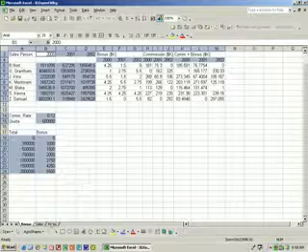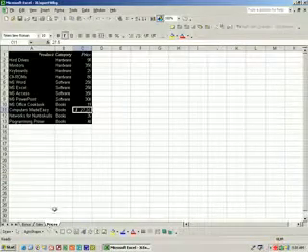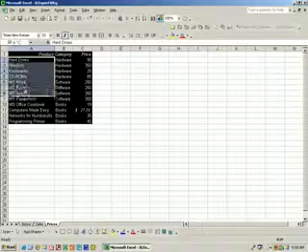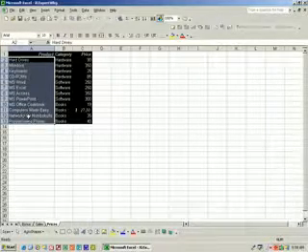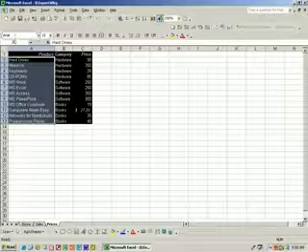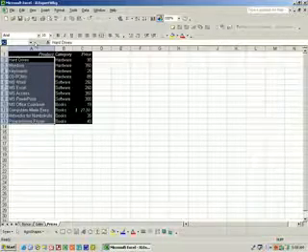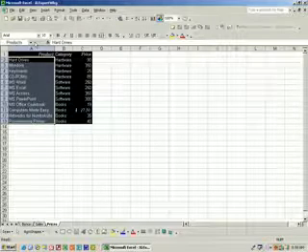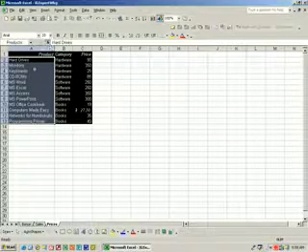And now let's click on the prices tab and select A2 to A13. And let's click in the name box and type products and press enter. And then let's go back to the sales tab